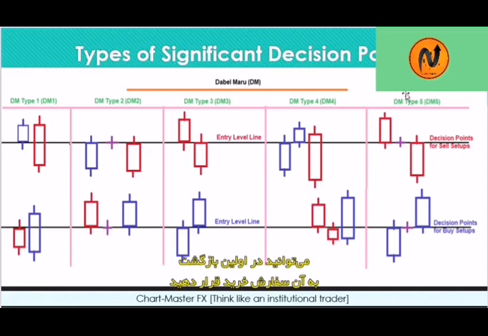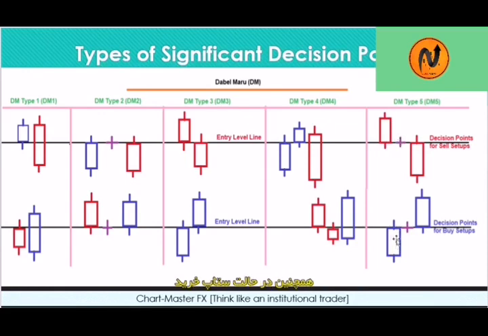Then we go to the decision point, which is our DM5. On the DM5, guys, you can see that here we have a bearish candlestick, and we have a doji at the middle there, then we have a bearish candlestick. So once you see something like this, it's also a valid decision point that you need to look at in the market. So mostly when you are waiting for your sales setup, once you see this and once you see that the price has actually come on the first time back to this decision point,